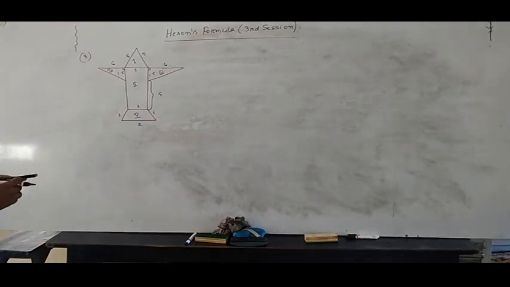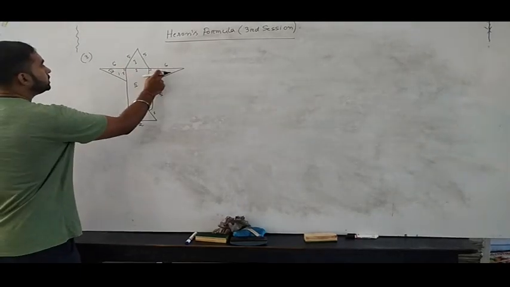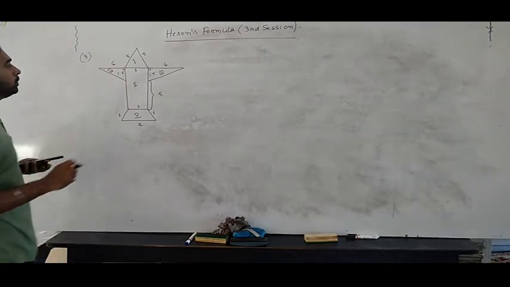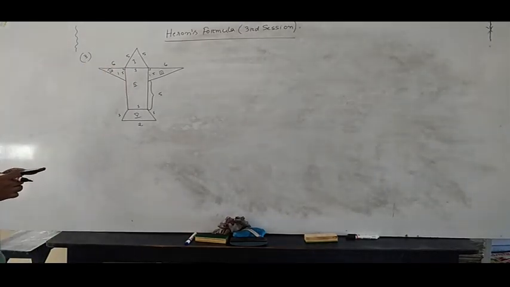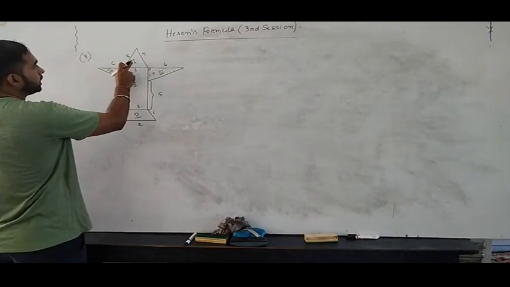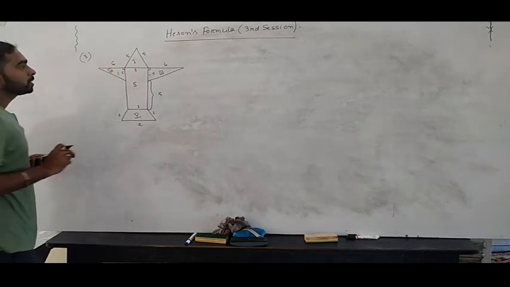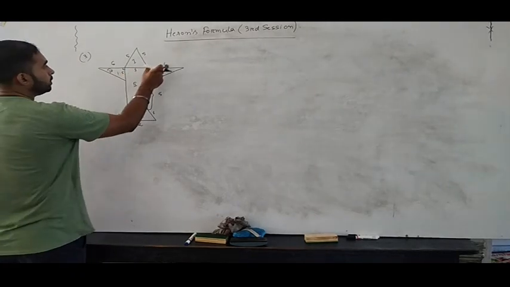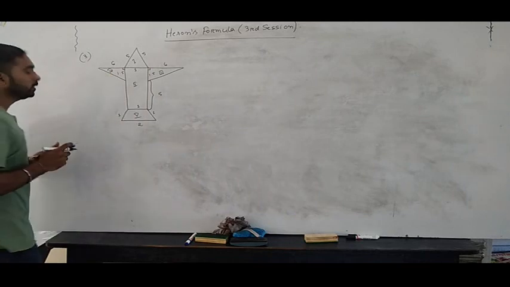Now here in this question we have to find the area of this part, this part, this part, this and this. After that add area of all the parts. That is the area of the given diagram. So here now see, in the first triangle, that is 1, 3 sides are given, 5, 5 and 1, and diagram 3 and 4 both are same. This side is 6, this one is 6, this one 1.5, this one 1.5.